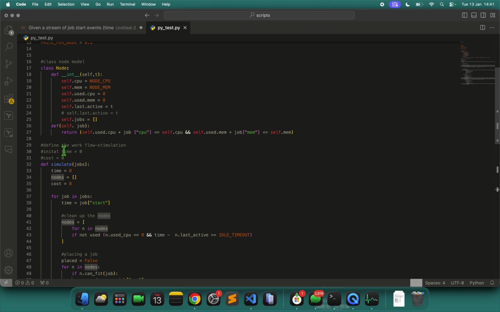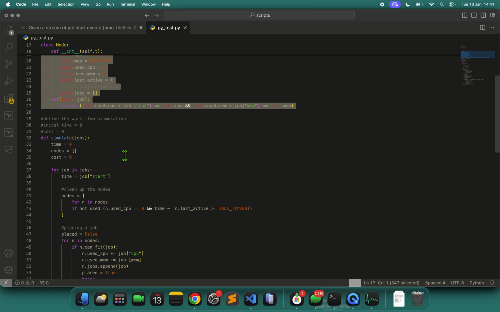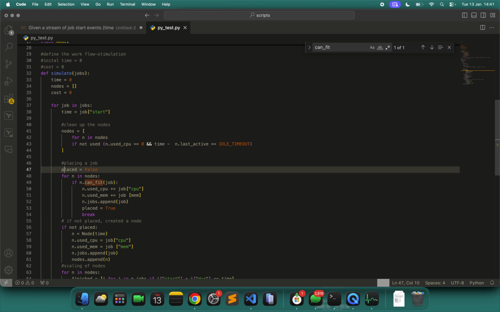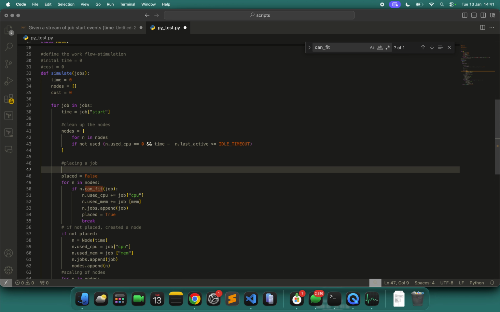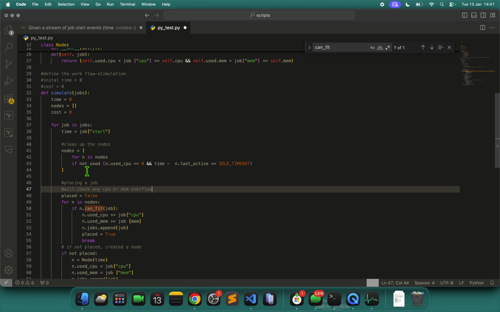Okay, the node tracks section. I use a variable can fit. I use a simulate as well.